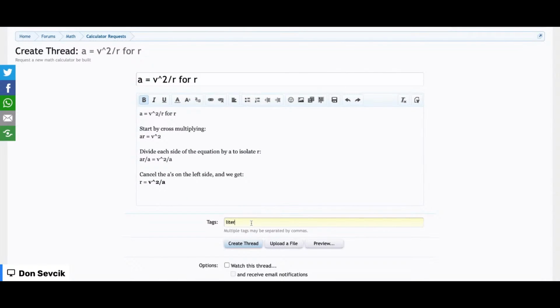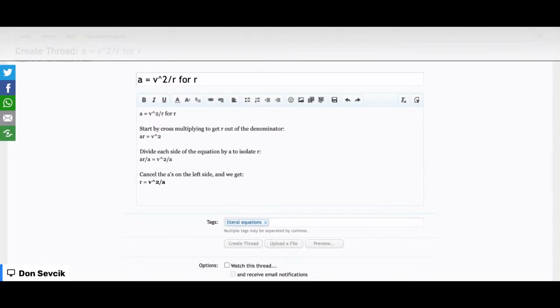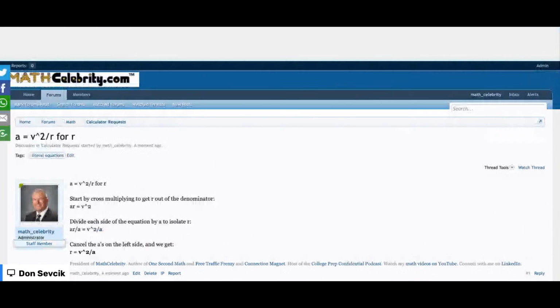So that's it. So our first move was cross multiply, to get the R out of the denominator. I should have said that for the reason why. And then once we had R out of the denominator, we get rid of everything that is not R on the left side, and we got our answer. All right. Next,